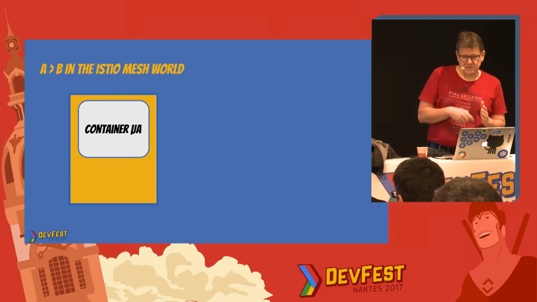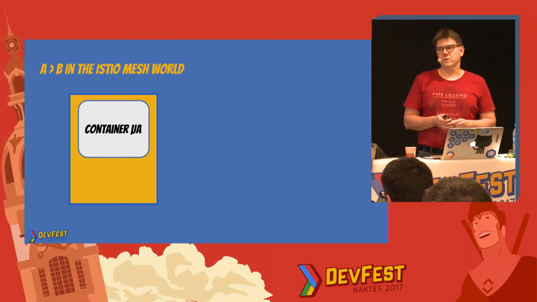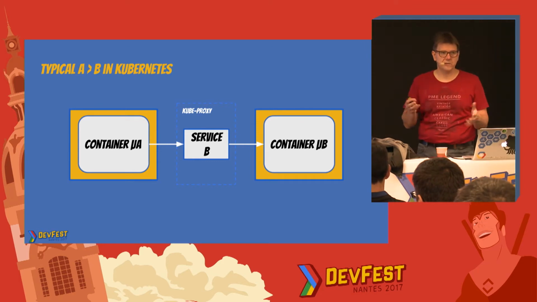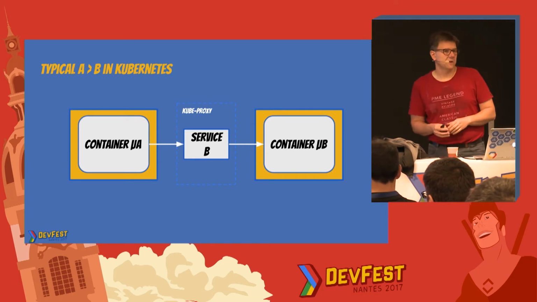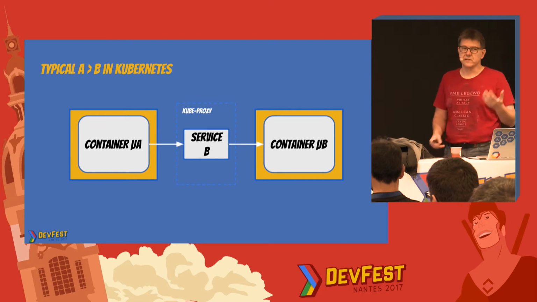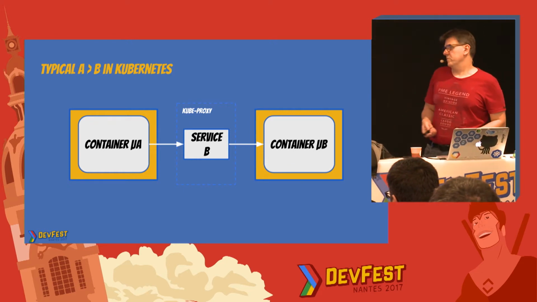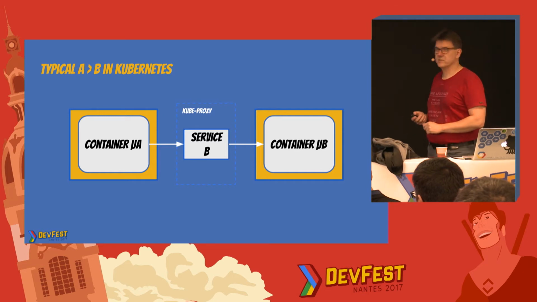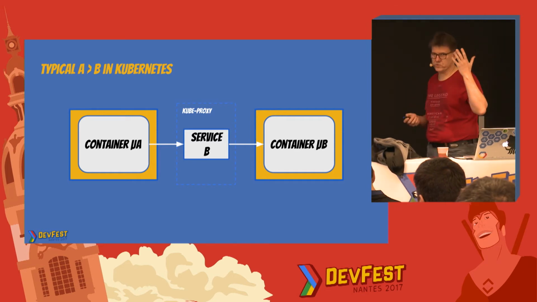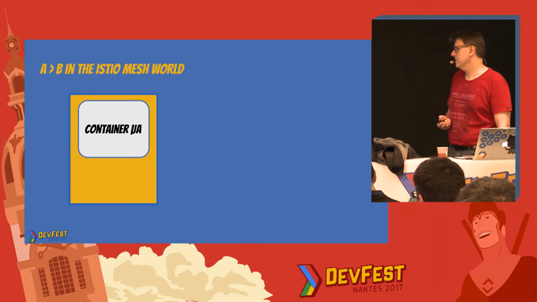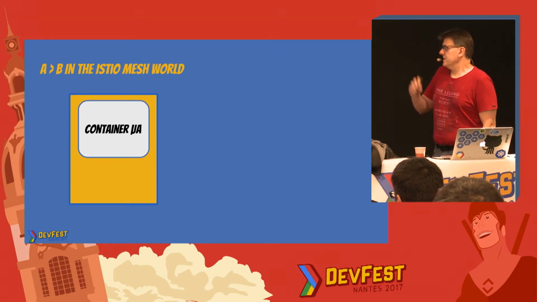But what changes in the mesh world? So people who are using Kubernetes for a while are very used to this concept of you just doing a DNS call, and your call goes to one of your instances of B. It's very straightforward. You do just like you would do an internet call. In the Istio world,